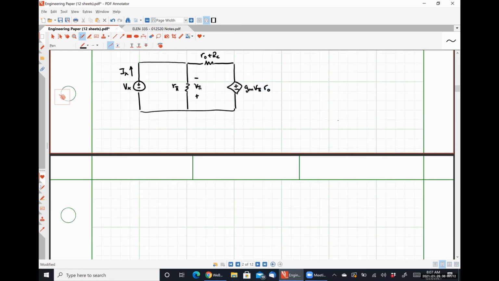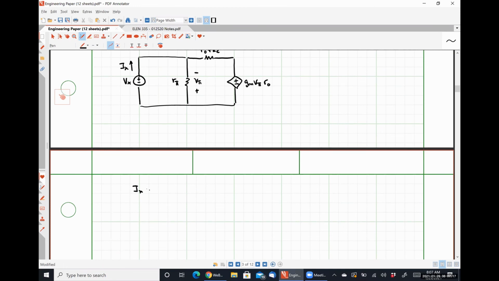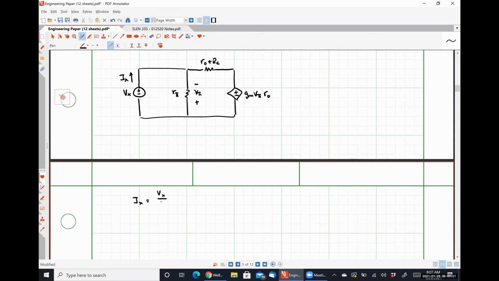And if I use Kirchhoff's current law, I can see that my current Ix is simply going to be Vx divided by R pi. So that's the current flowing down through that resistor R pi. And then I'm also going to have to express the current flowing to the right through that combination resistance of R0 plus RC. And so that is going to look like Vx minus gm times V pi, where V pi in this case is what? Negative Vx, right? Opposite polarity. Times R0. This whole thing gets divided by